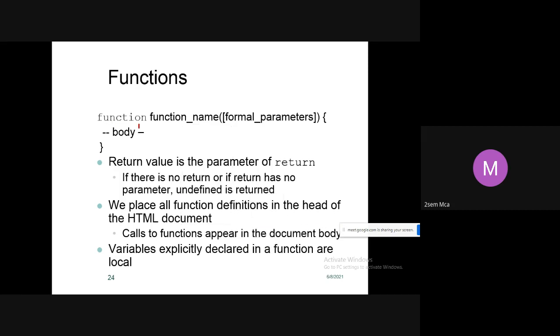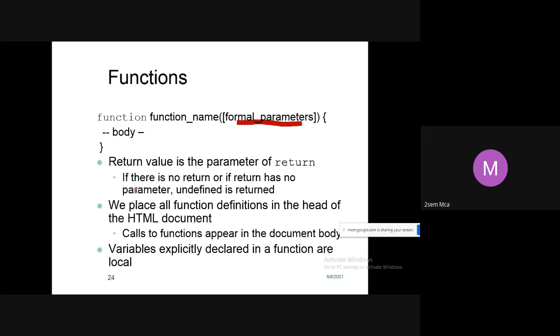Function is a keyword, then the function name, and the parameter list, the formal parameters. The parameter list is optional, students. If you have a parameter list, you can include it within these two braces. If you don't have a parameter list, just give empty braces.